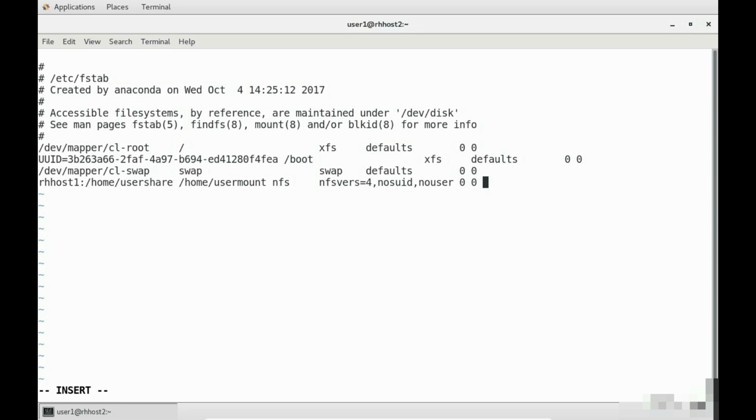There is one more option you might want to add, _netdev. NFS is a network file system, so if the system attempts to mount it before the network is started, there will be problems. The _netdev option delays mounting this drive until the network is active. This solves the problem of the slow network. However, if the drive is not available, the system will take a very long time to boot.